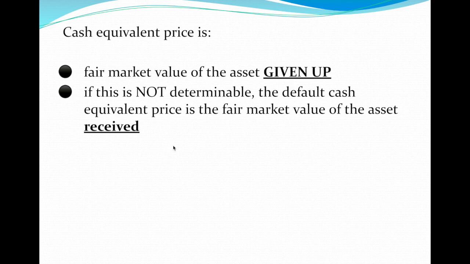And the reason for that is the emphasis is placed on being as clear and accurate as possible with regards to the impact that these transactions have on you. And so it's easier to tell how much you gave up for something than how much you got. Because if you get an asset, there could be repair problems with it, or it could be a subpar model or whatever. You have no way of knowing that. But you do have a way of knowing exactly what you gave up. You know every detail about what you gave up. So the reason that's done is it's just a more clear, certain way of conducting business and recording your costs. So that's why we do it that way.